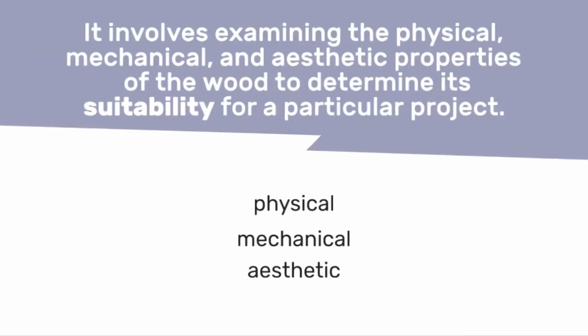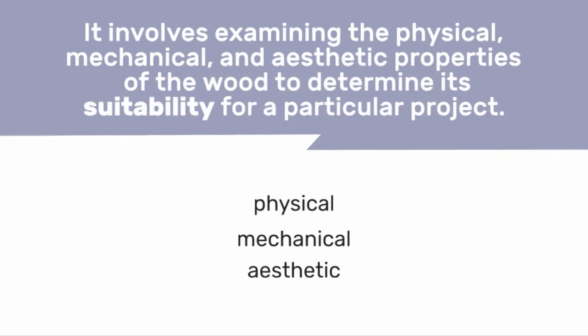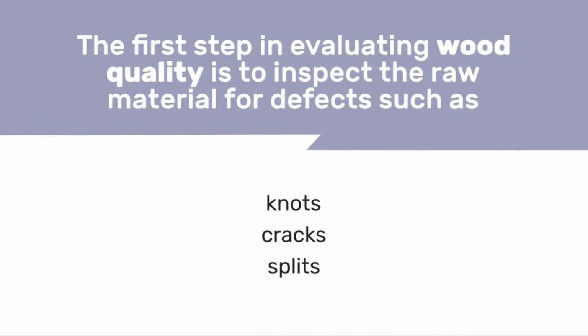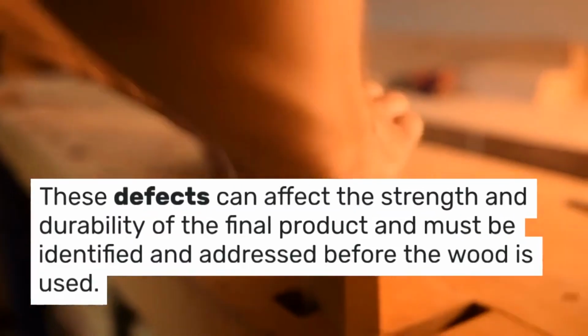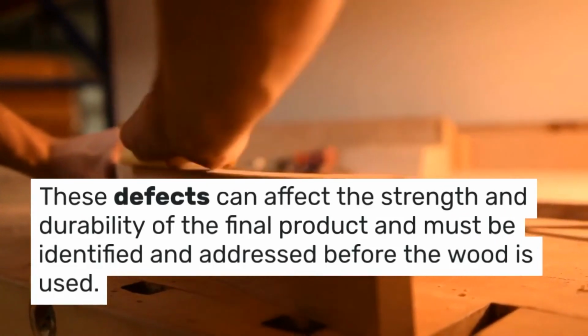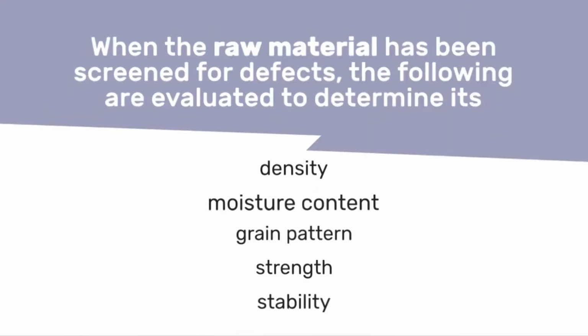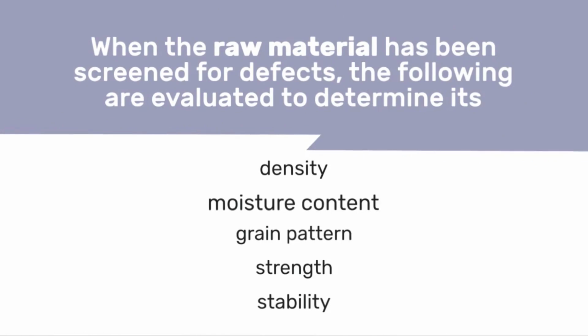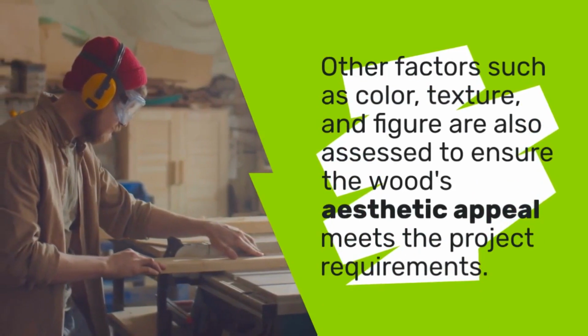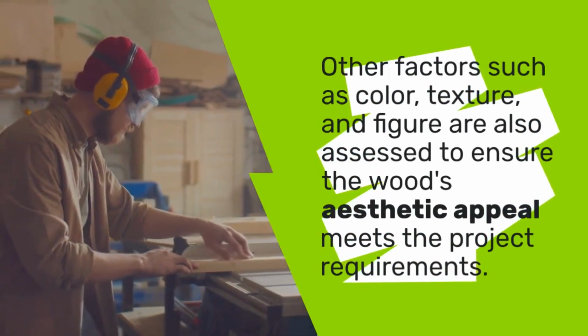3. Evaluating wood quality and characteristics. Evaluating wood quality and characteristics is an essential step in the wood selection process. It involves examining the physical, mechanical, and aesthetic properties of the wood to determine its suitability for a particular project. The first step in evaluating wood quality is to inspect the raw material for defects such as knots, cracks, and splits. These defects can affect the strength and durability of the final product and must be identified and addressed before